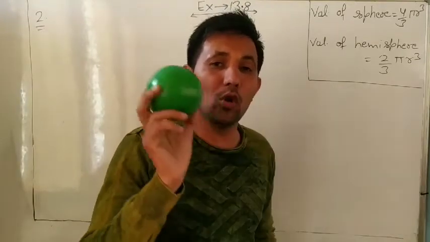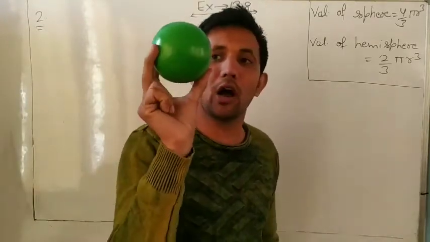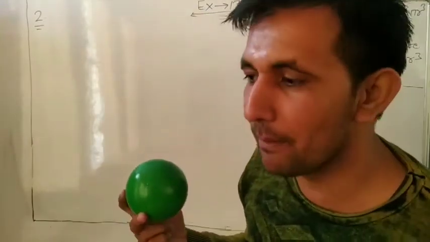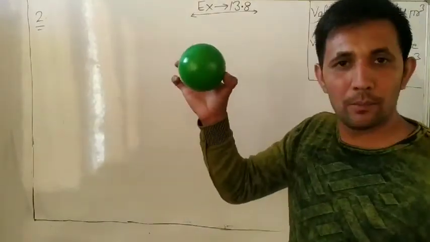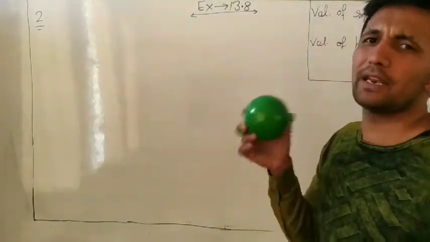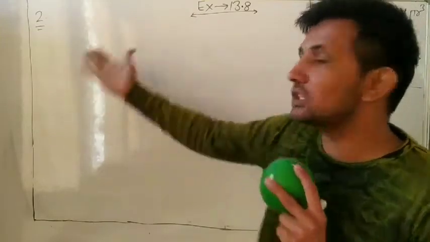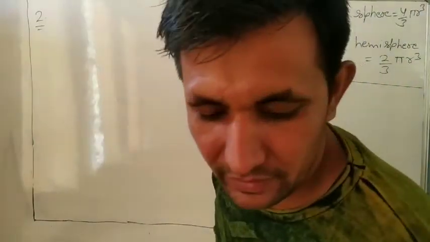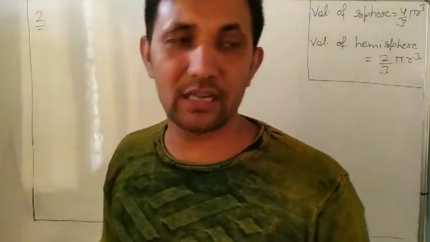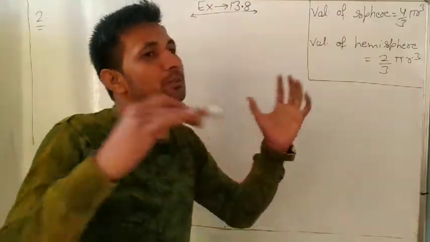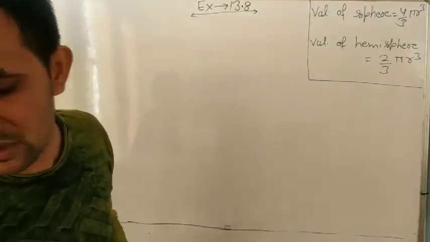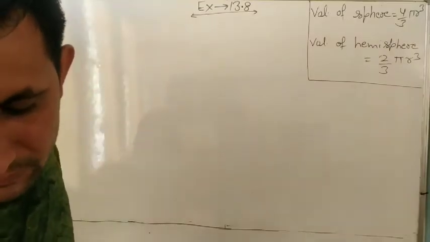The total volume of the water displaced is equal to the volume of the sphere. Understand or not? Always remember, suppose I throw this ball in a well or in a pond, the water displaced by this ball is equal to the volume of this sphere. So whenever an examiner asks to find how much water or milk is displaced, it means we have to find the volume of the sphere. So write only one part, I will explain B part.